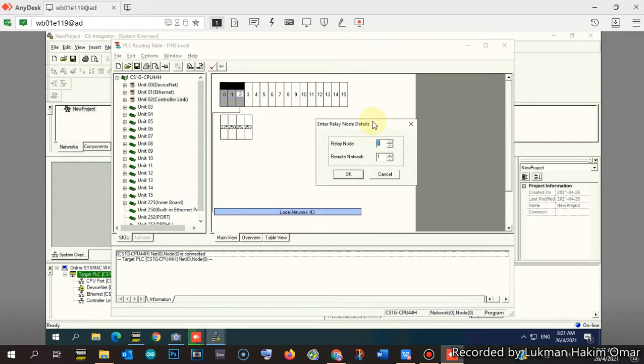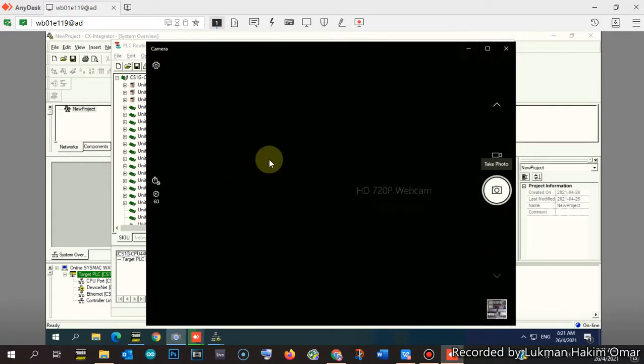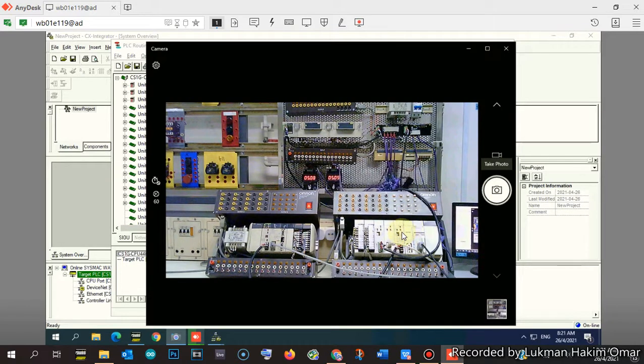We have to make sure of the relay node. Our master PLC's node number is 3. Where to find the node number? We have to go to the PLC, because here is the physical configuration of the node address.